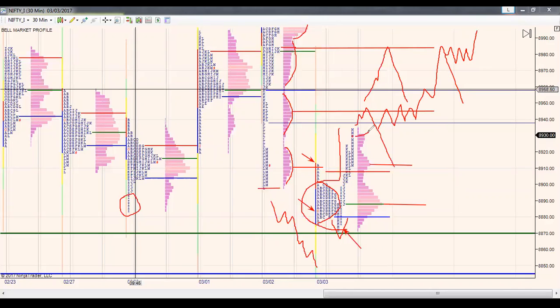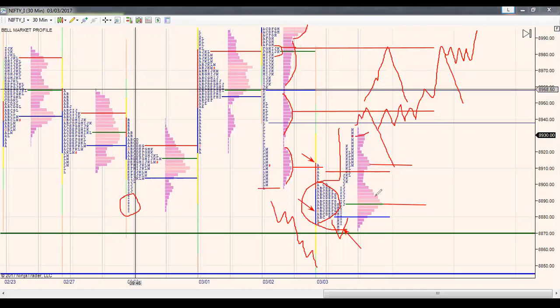So immediate rejection from here, bearish scenario, will test this point of control and this HVN, possibly this failed auction. If we accept here, chances are higher that we test even the next set of higher references. Acceptance there will take prices even higher. But there is a chance that we might reject from here after repairing this particular anomaly.